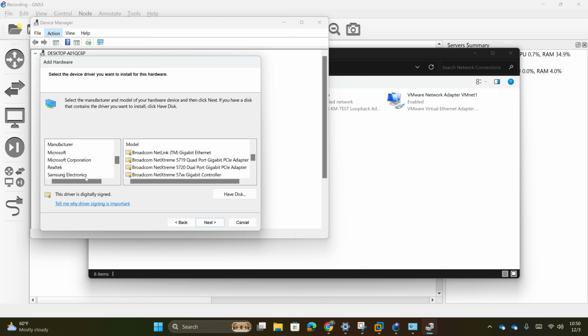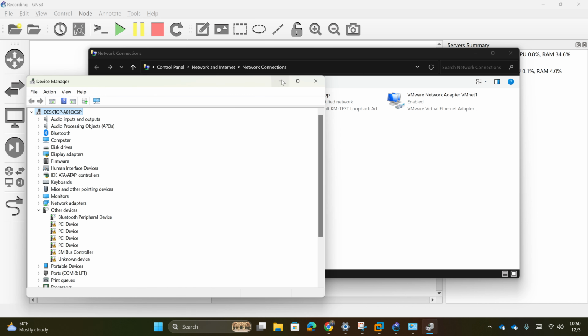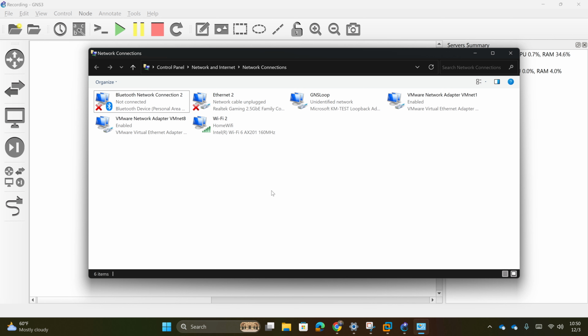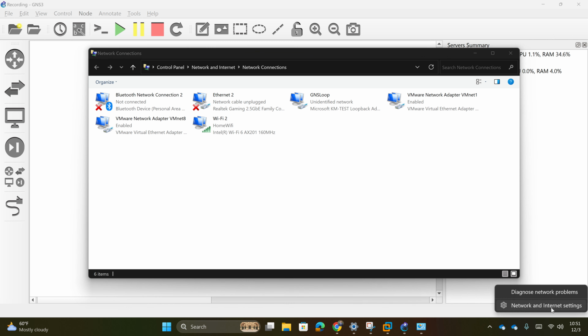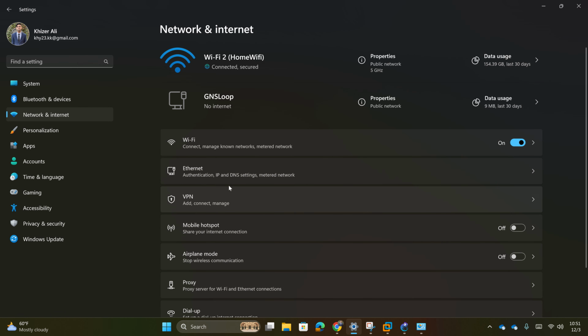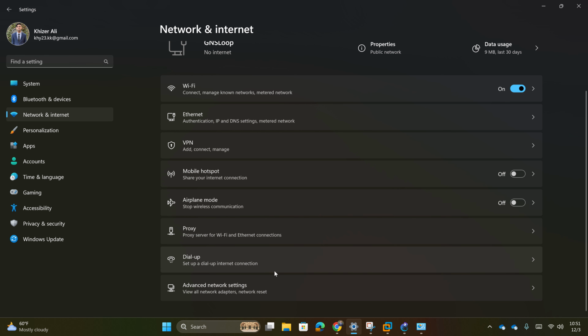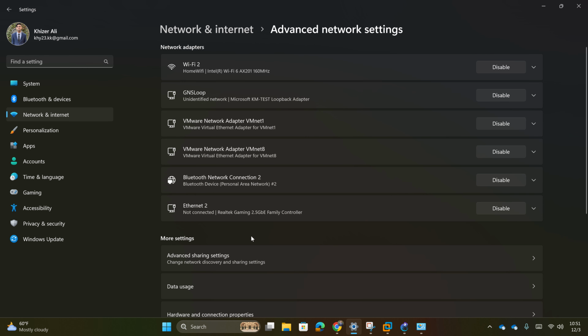Oh, sorry, we have to go in here to Microsoft. I totally forgot. And it's right here, Microsoft KM test loopback. You click next, you finish, and once you have it set up, you would go to your network settings. You can simply go there by clicking on network and internet settings, and then there should be view advanced network settings